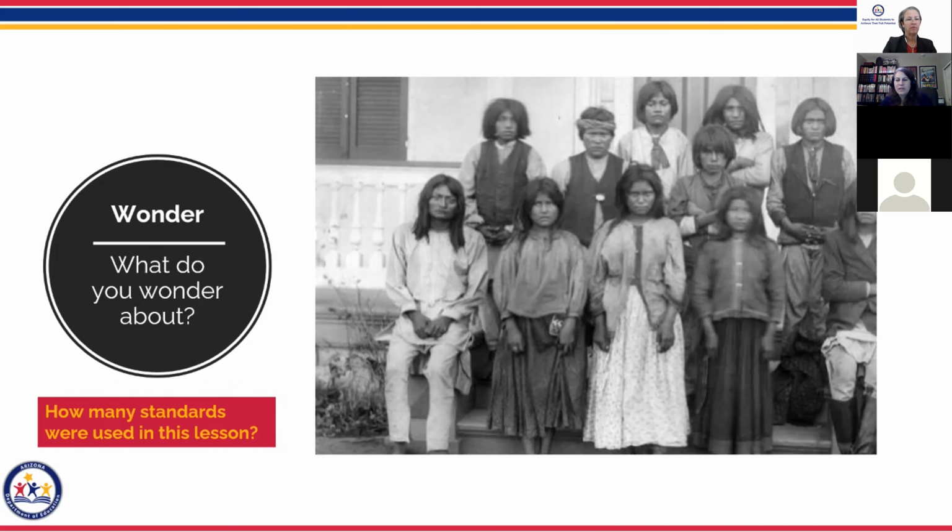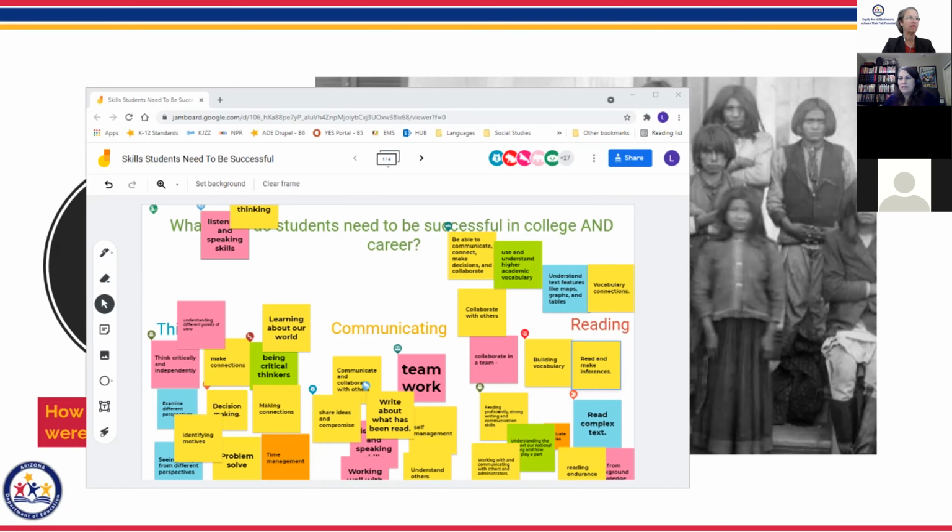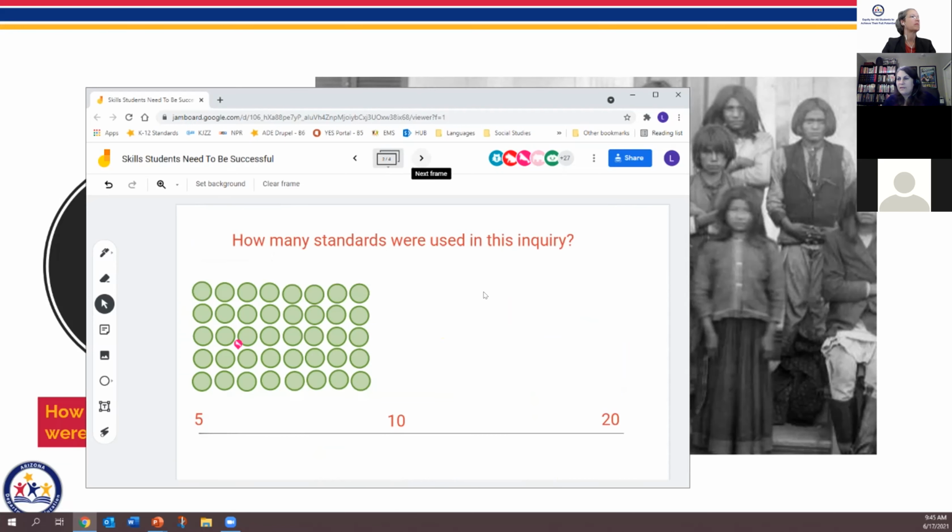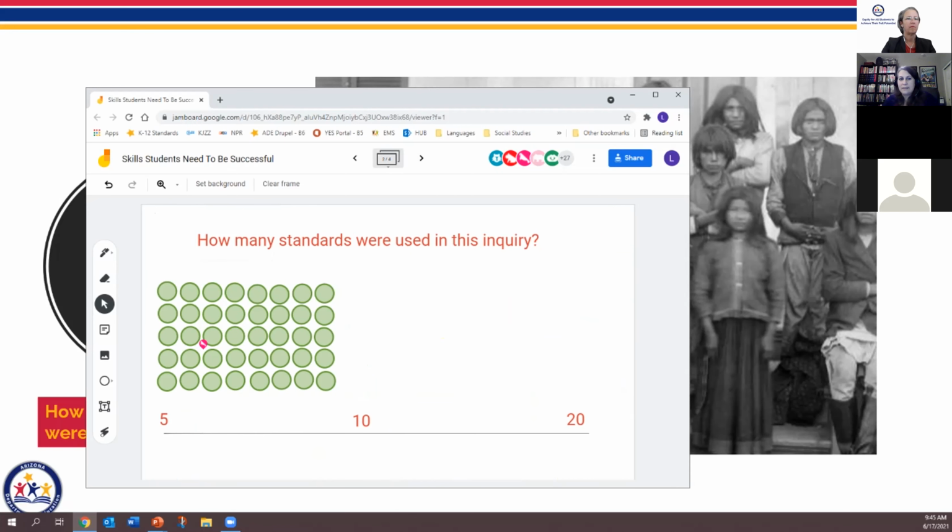And then as we look at this type of lesson, taking students through this little lesson, which can be an intro into maybe a book or an article that you're reading. It can be an intro into your social studies information if you're going to talk about maybe the boarding schools. As you do a lesson like this, think about maybe how many standards were used in this lesson. So how many standards might have been used in this lesson?